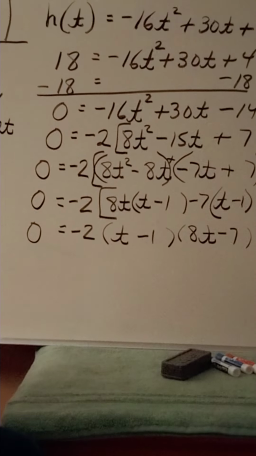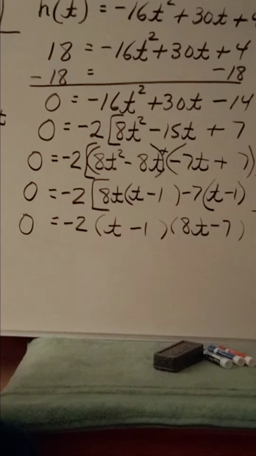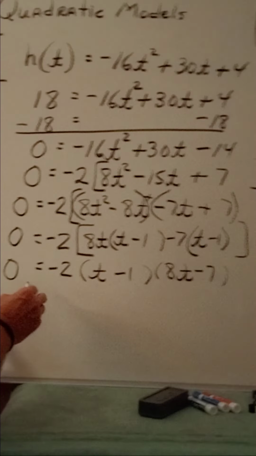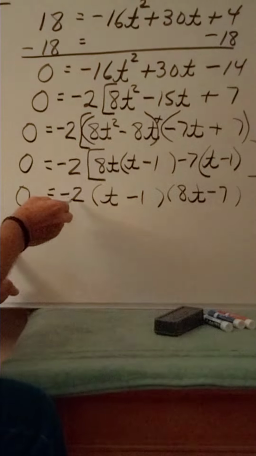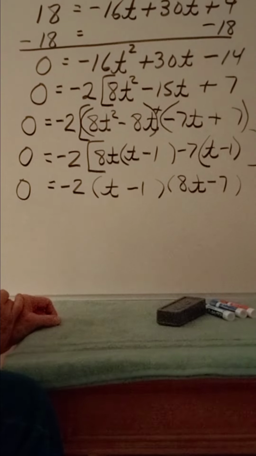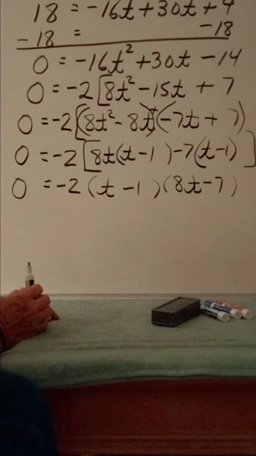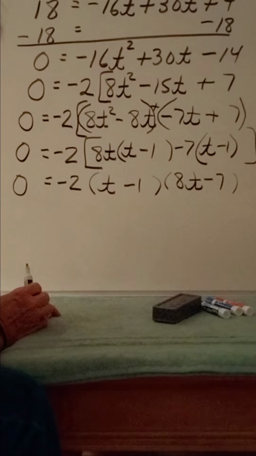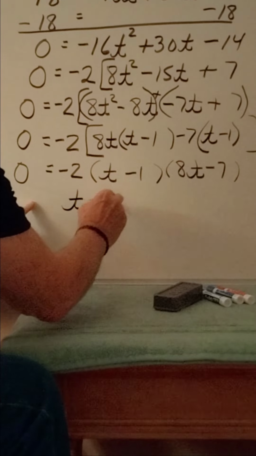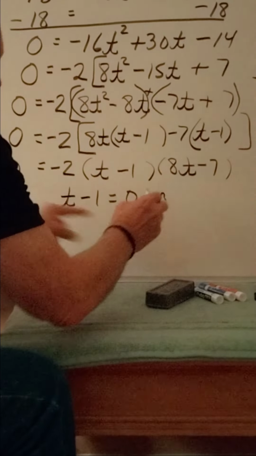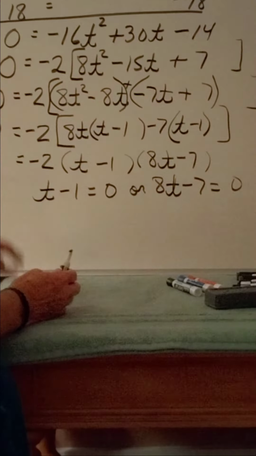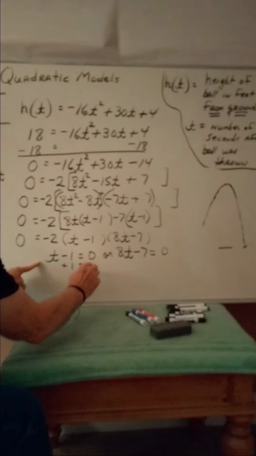And remember, if any one of the values of t is negative, it's rejected, because the period of time can only be a positive number of seconds. So if we come down, we don't need to do anything with the GCF of negative 2. We do not set that negative 2 equal to 0 because it is not connected to a t. If it were, we would, but it's not. These are the only two. So we'll write down t minus 1 and set it equal to 0, or 8t minus 7 and have it equal to 0. This one, if we add 1 to both sides,